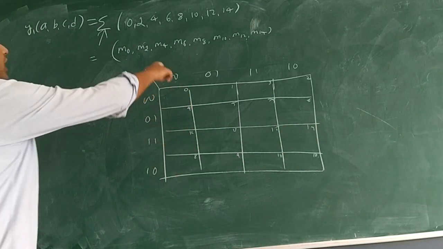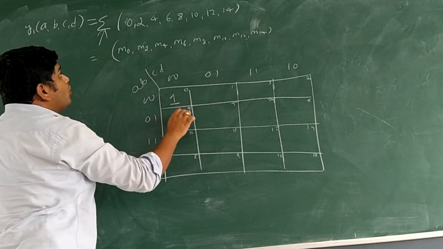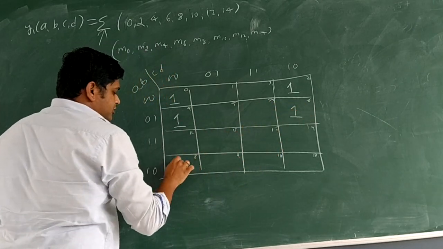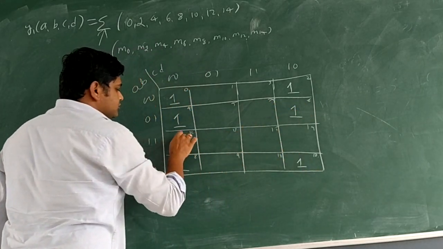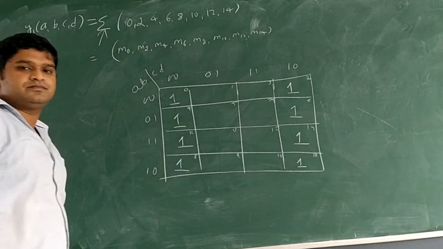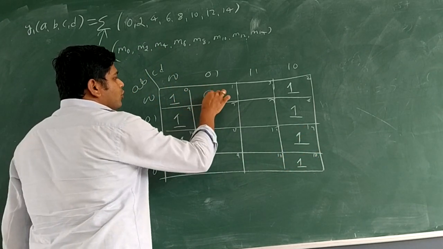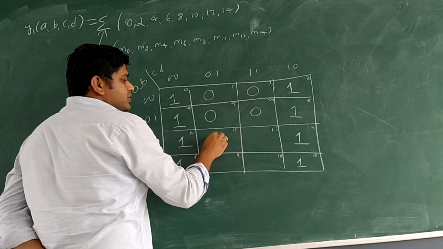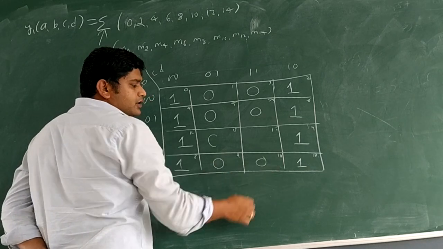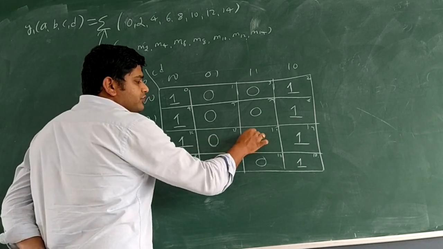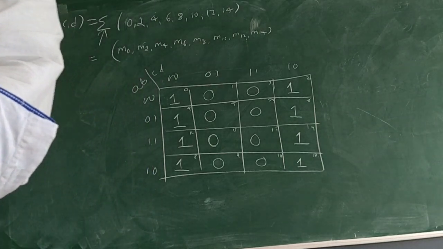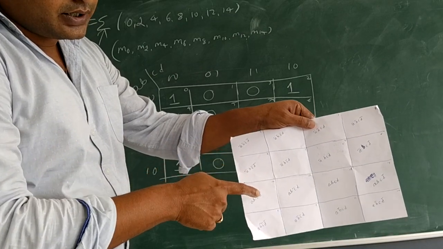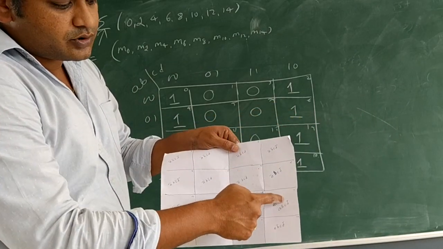Okay? So now write ones in the given cell numbers 0, 2, 4, 6, 8, 10, 12, 14. Non-given cell numbers 1, 3, fill with 0, 5, 7, 0, then comes 9, 11, 0, 13, 15, 0. Okay. So now you see this method, one here, one here, one here, one here. So the fourth column is also 1.